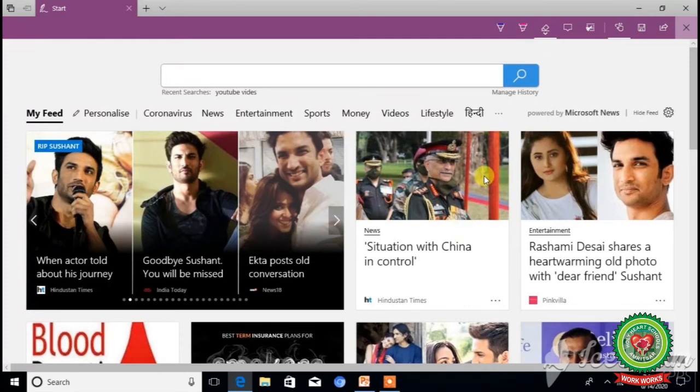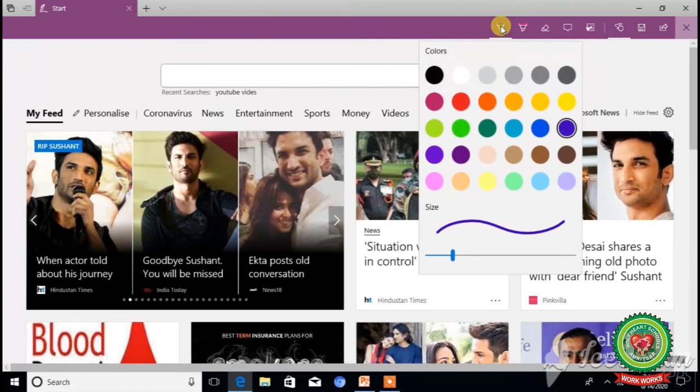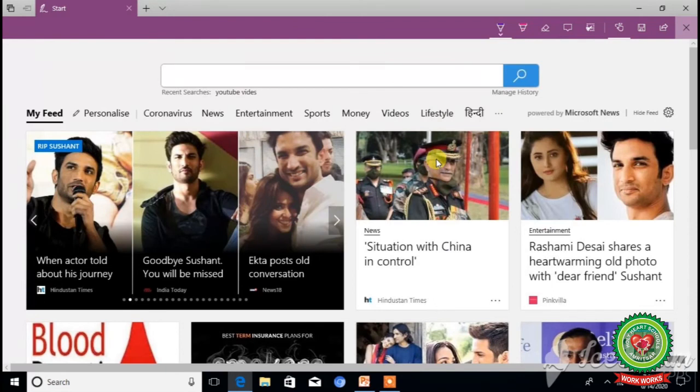Similarly, if you want to write something on a web page, then this first icon is known as ballpoint pen. So click on it. You can choose any color from here. Move to any video where you want to write something.